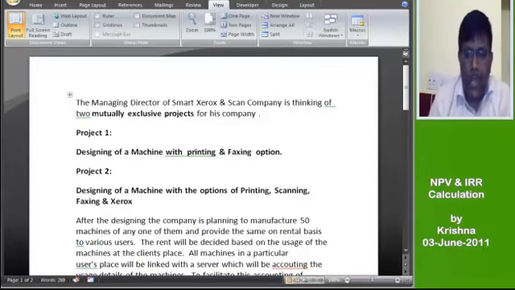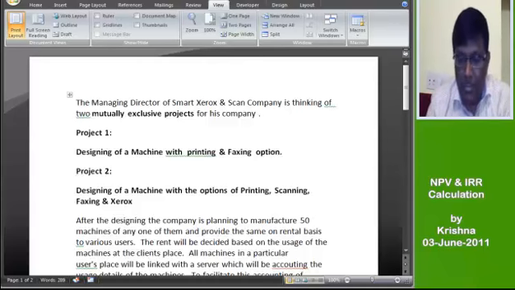The managing director of a smart Xerox and scan company is thinking of two mutually exclusive projects for his company. The first is designing of a machine with printing and faxing option. The second project is designing of a machine with options of printing, scanning, faxing and Xerox. After the designing,